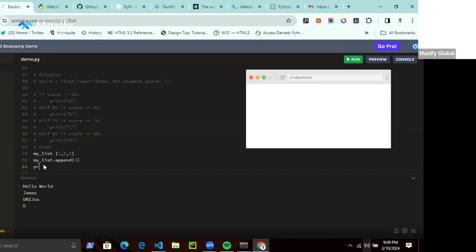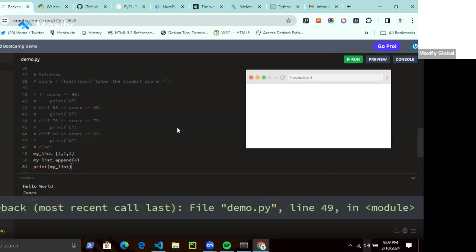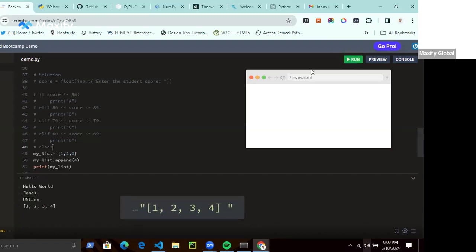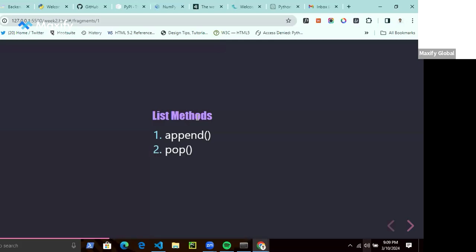So if we print the list, we're going to get the new list. Okay, so we now have 1, 2, 3, 4 as the new list. So the append method, essentially, adds an element to the end of the list, as we can see.